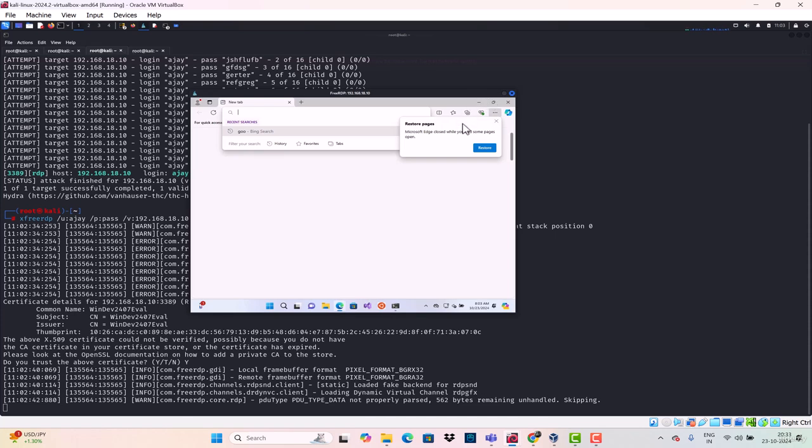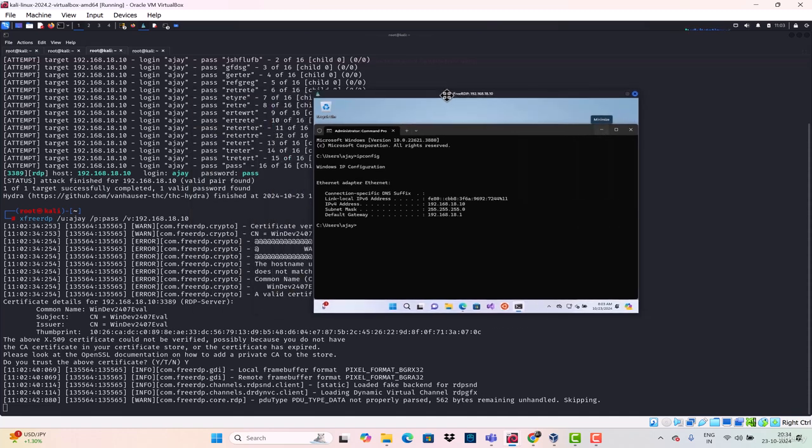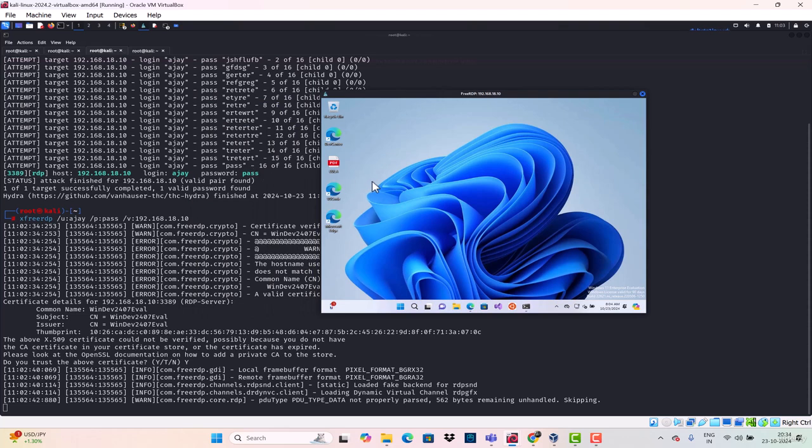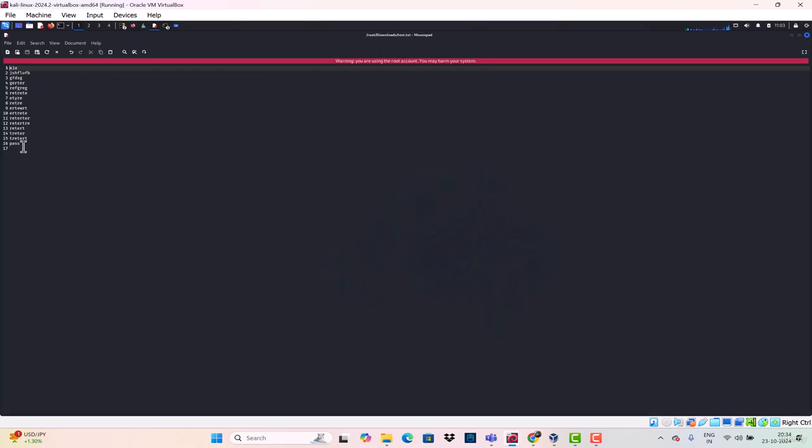So this is another way of exploiting remote services, and you need to be very careful. If your username and password are very weak, the threat actors can easily enter your organization. You can see how easily I got into the server, right? I just created a small word list